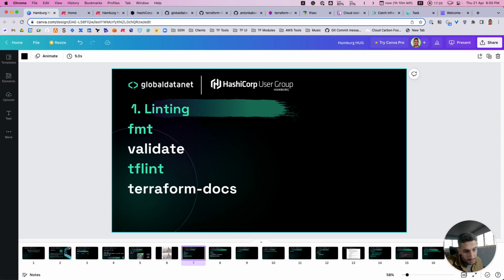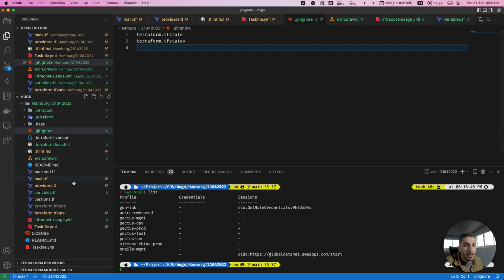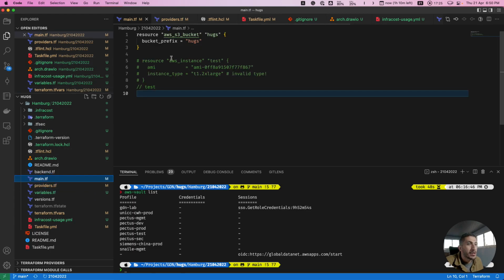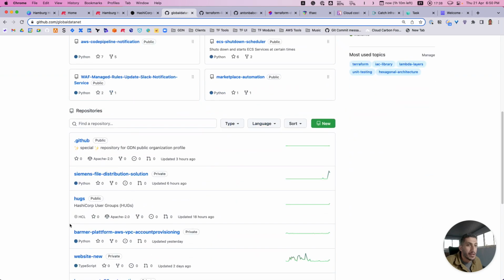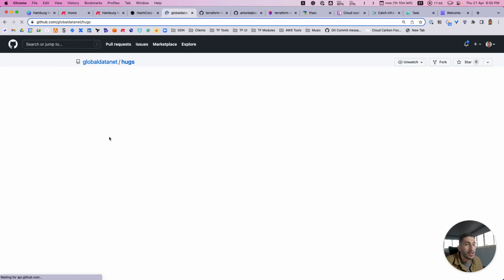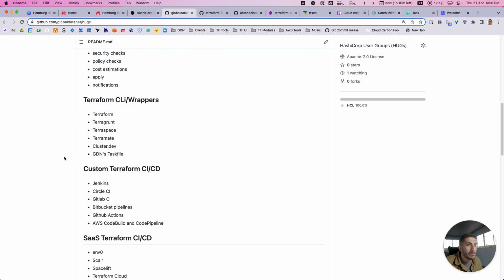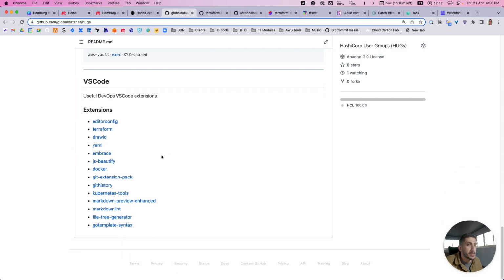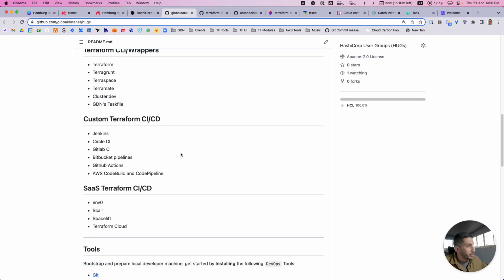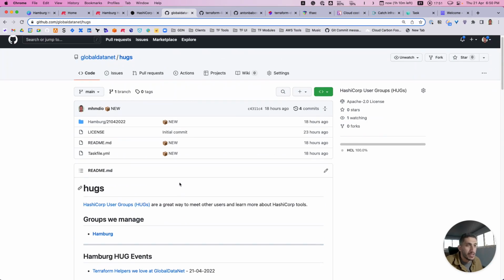Starting with format, I found that a lot of people are missing format. Before jumping right away into this, we should mention that if you go to GitHub globaldatanet, you can find the HARDS repository. In the HARDS you can find a bunch of tools, AWS Access, a VS Code extension, anything we're going to see in this event is already here.